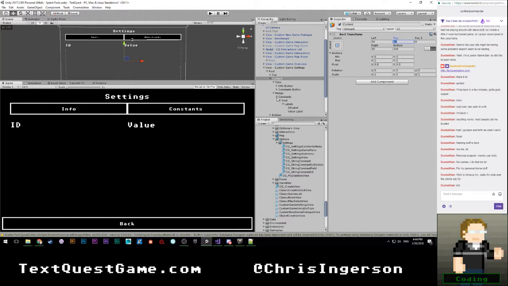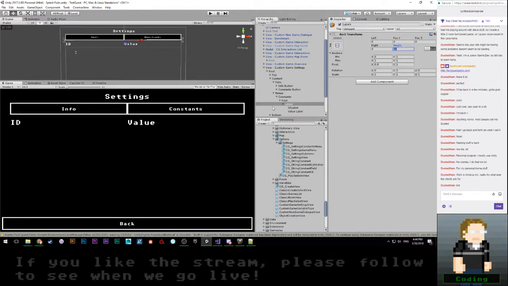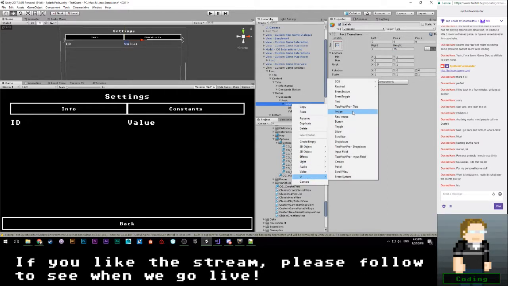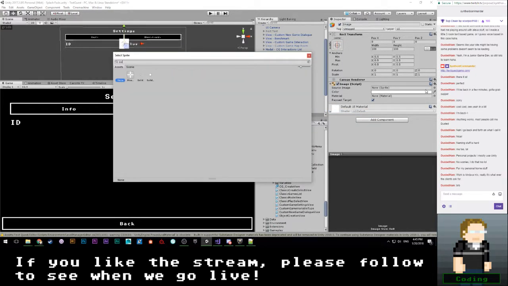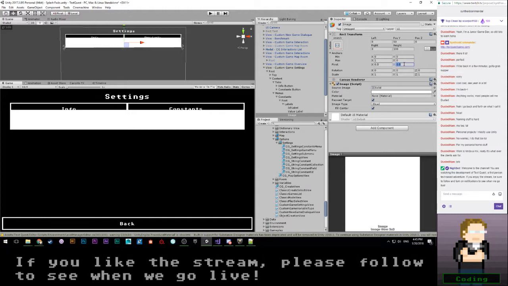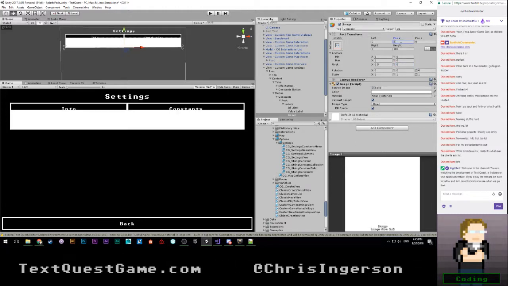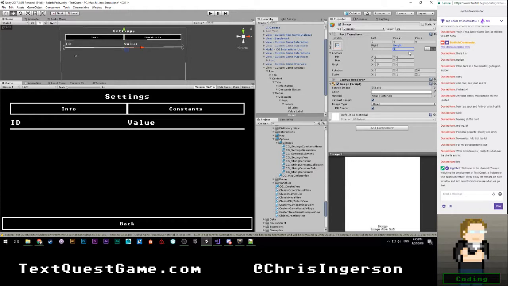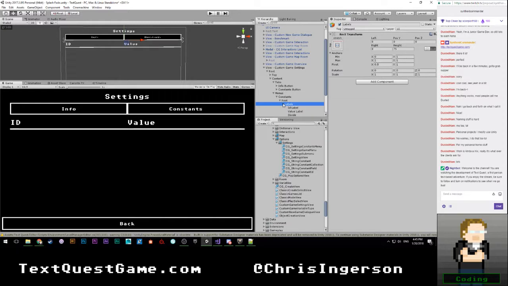All right, let's go ahead. Close. Actually, no, we want to have you open. We're going to add 75, I think. Then we're going to go ahead and create a new image. Same thing we did before. We'll make it a solid. And we'll have that stretch across the entirety of the bottom. Pivot, and a height of 5. All right, that should be good. So we'll go ahead and call that divide.